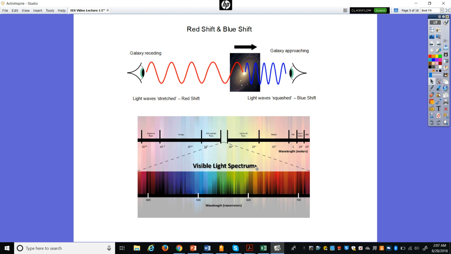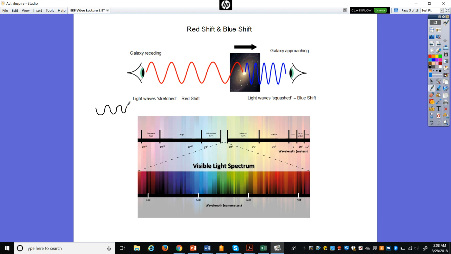And so what happens is when we're looking at a galaxy through a telescope, and we're taking readings in this visible light spectrum, a normal, full visible light spectrum, if it included everything, might look like this.